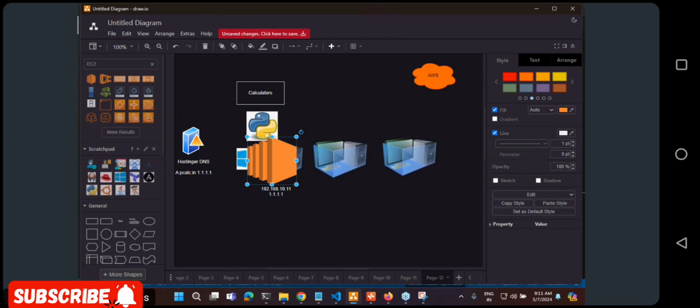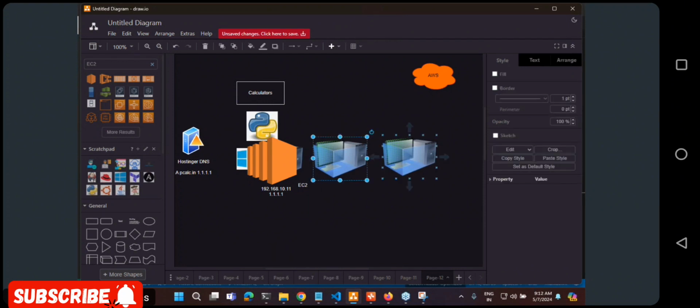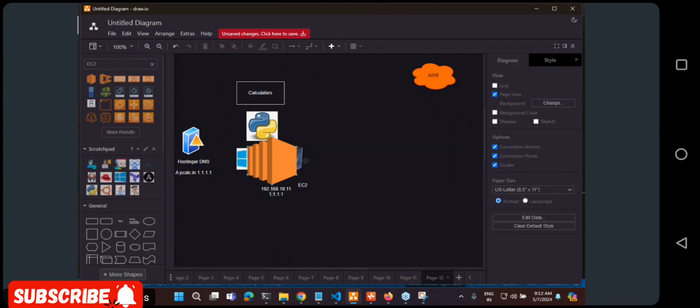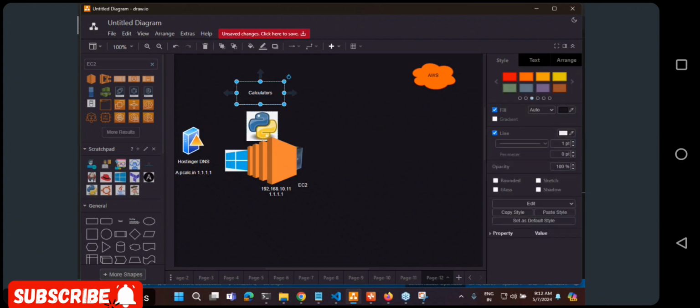What is it, sir? EC2. So you will try to create EC2 machines which are of Windows operating system or Linux operating system, on which you would be running a Python application, and then on which your calculator application is running, and then you go to the domain and then you point out the same thing. Okay, right.